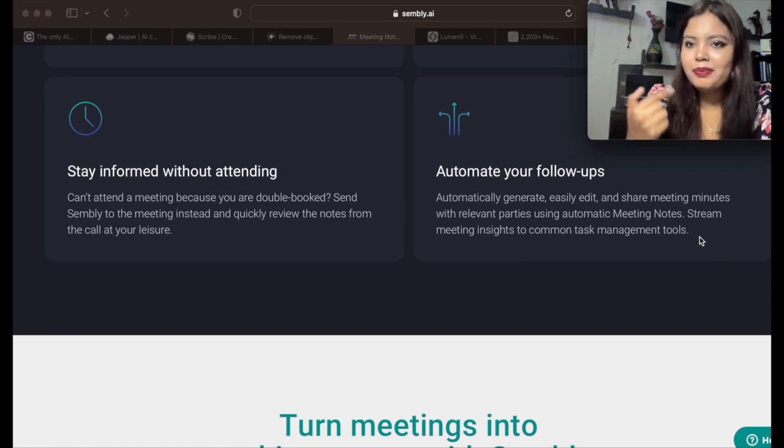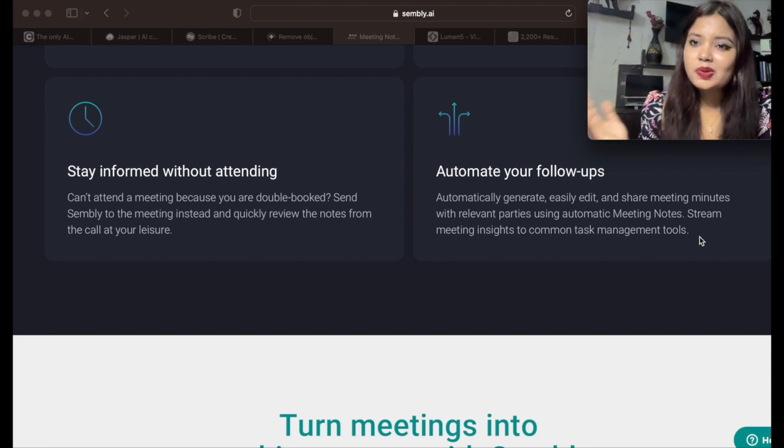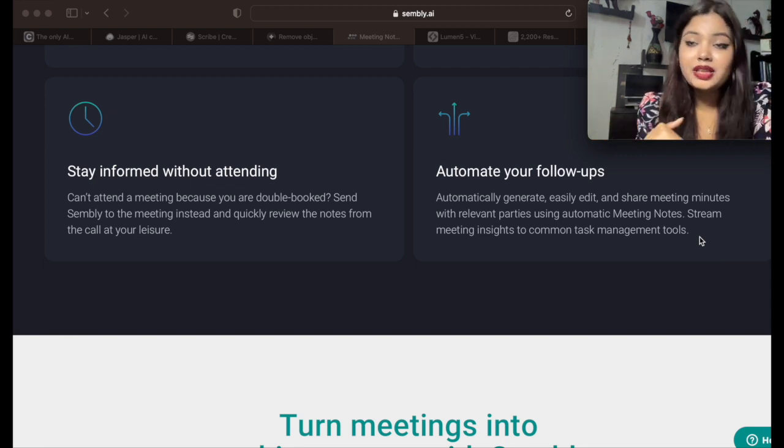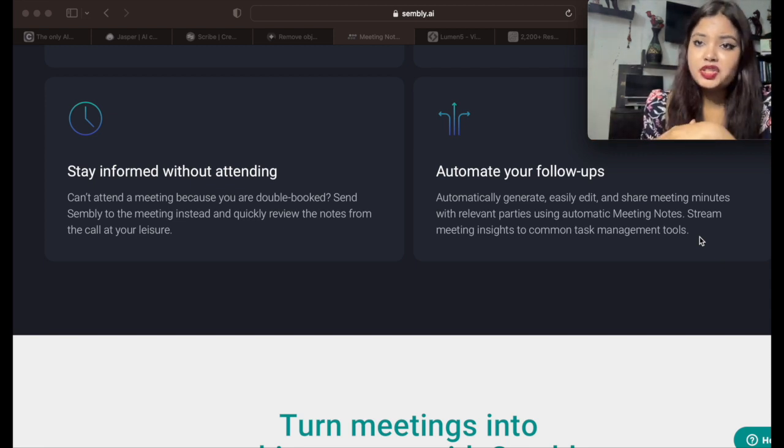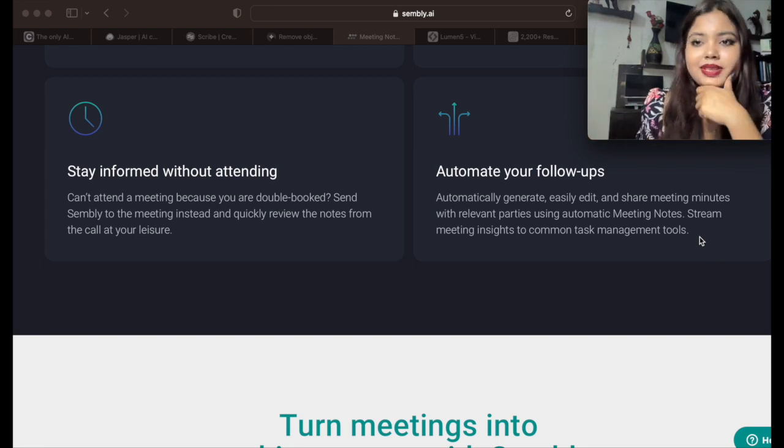I cannot show a practical example, but in my upcoming video I'll try to show some practical examples, because I found this very helpful. It's really good that instead of doing things manually, since AI is there and this feature is there, why not use it? So I thought it's good if you are aware of these tools, and then you can utilize them in your organization to be more productive and save human and manual effort.